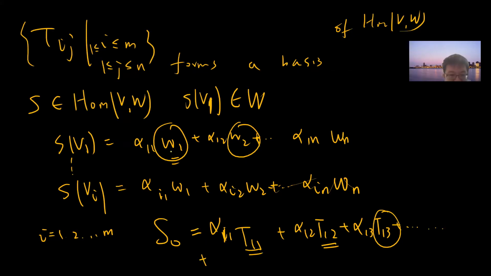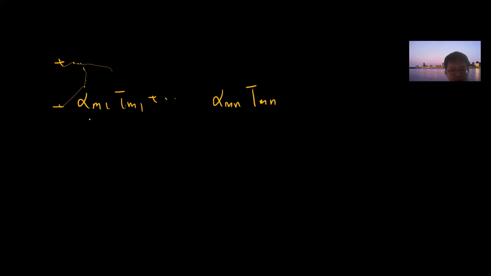And the second row, SV2, starts from alpha 21 W1, which you replace as alpha 21 T21, alpha 22 T22. Finally it becomes alpha M1 TM1 up to alpha MN TMN. Okay, and then you can easily check that when S0 acts on V1,